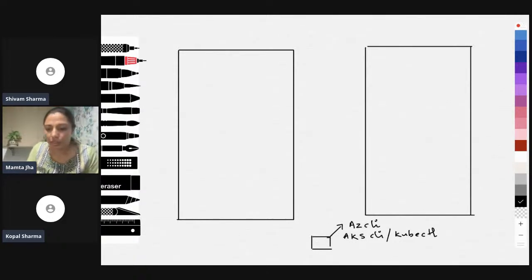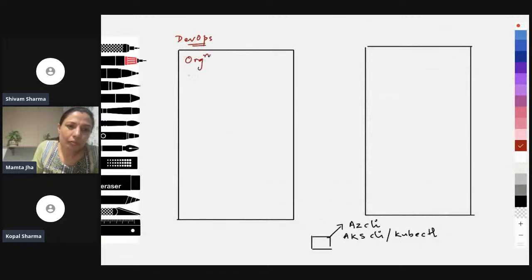And this is my Azure DevOps account. Let me just draw. Okay, so this is my DevOps account. In this, we have an organization. Inside that, we would have a project. I can have 1 to n, like multiple projects in an organization. Even in one account, I can have multiple organizations.